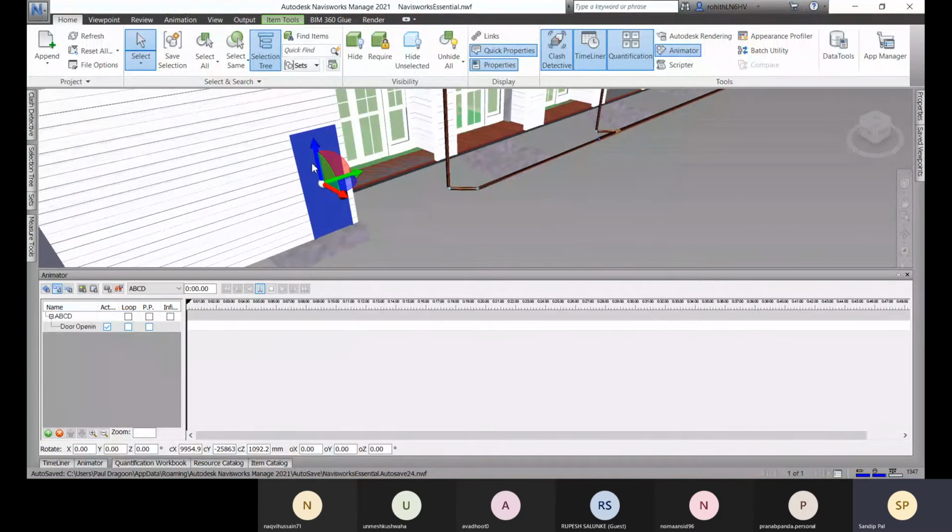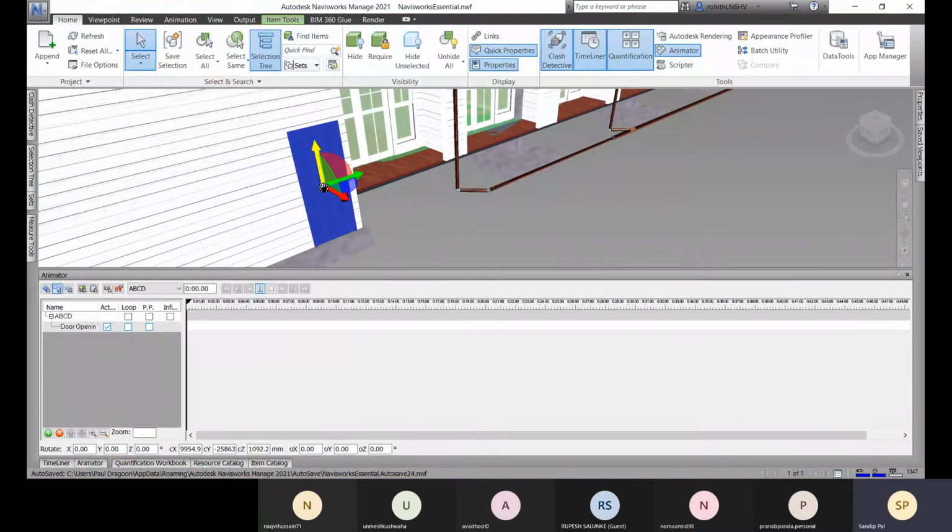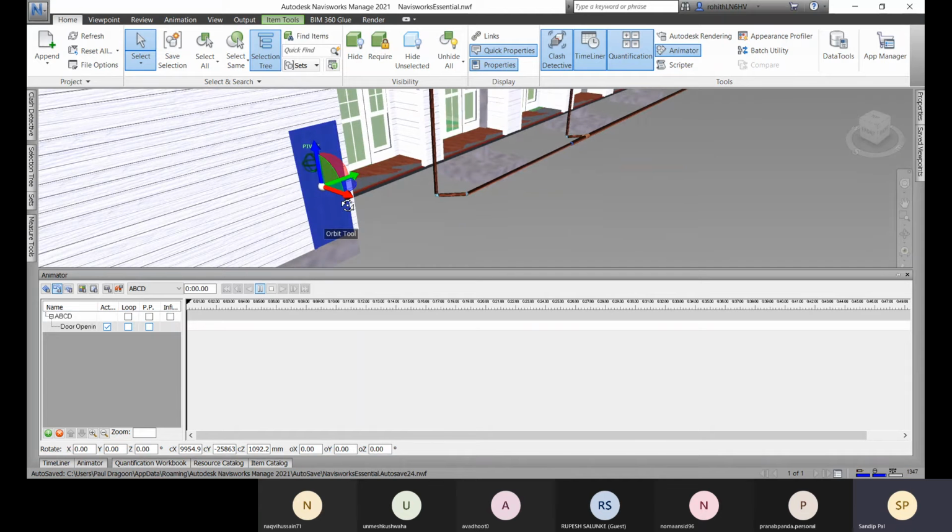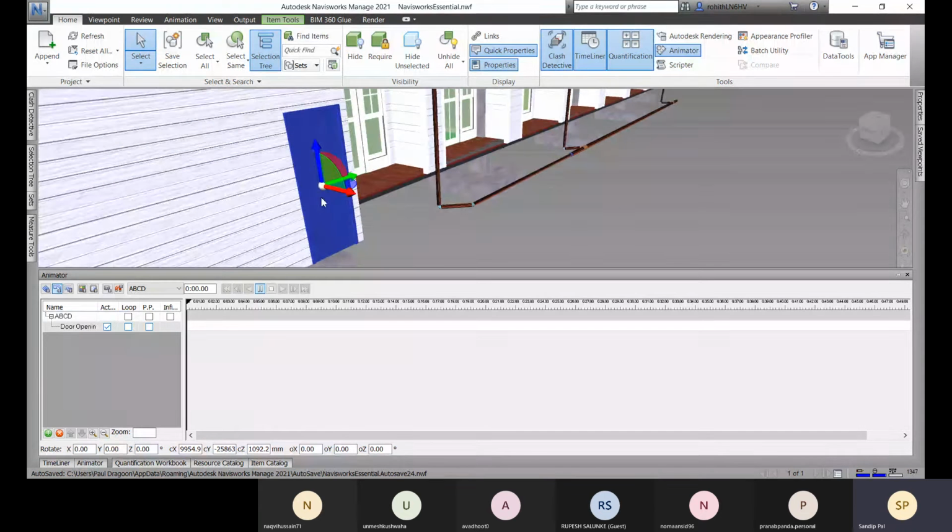But here you can see that the default location is the center, the geometric center of this door, but that will not be the pivot of my door, right? The rotation will be from the hinge, so I need to place it at the hinge of our door.